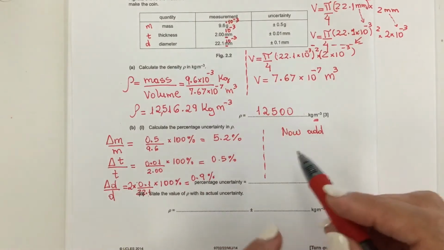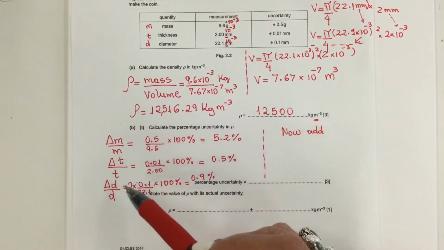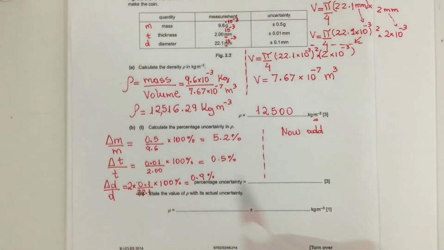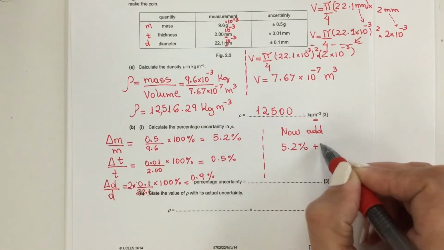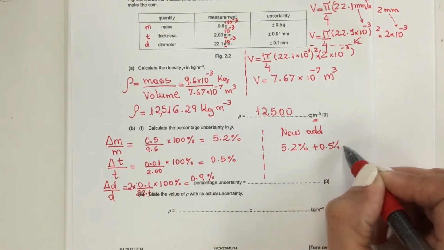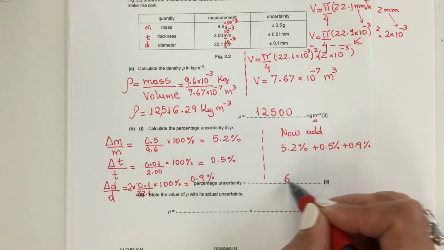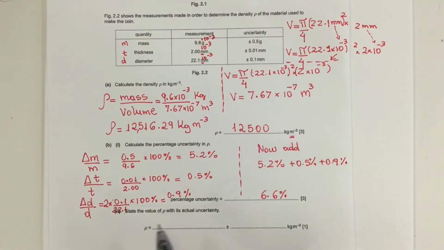So now you are going to add all the percentage uncertainties for each component that make up the formula for density. Okay, so 5.2% plus 0.5% plus 0.9% is 6.6%. The last part of the problem asks to state the value of density with its actual uncertainty, which means